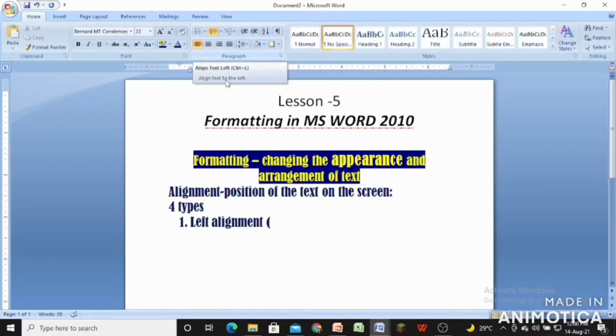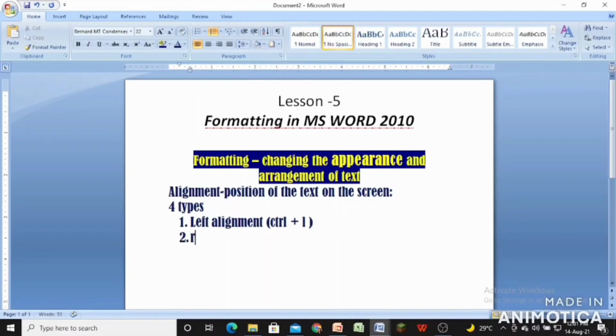So, Control plus L. L is the short form of the left alignment. This is the left alignment. Control plus L.